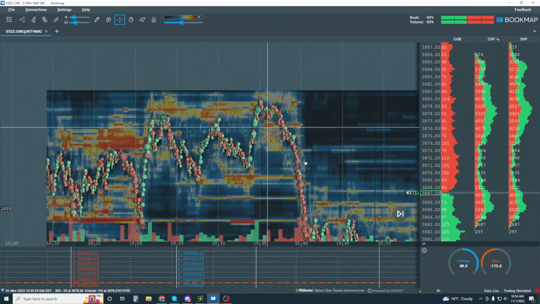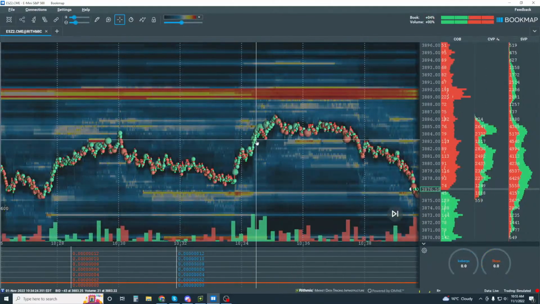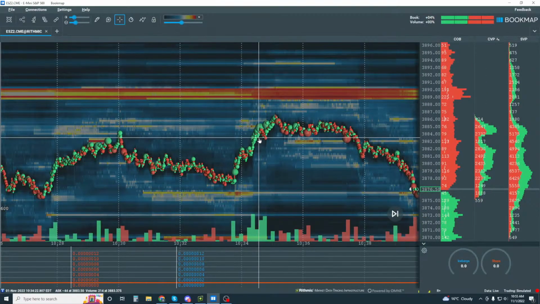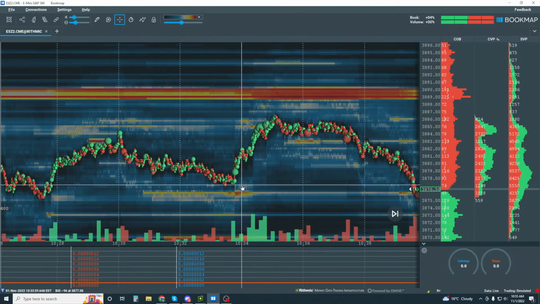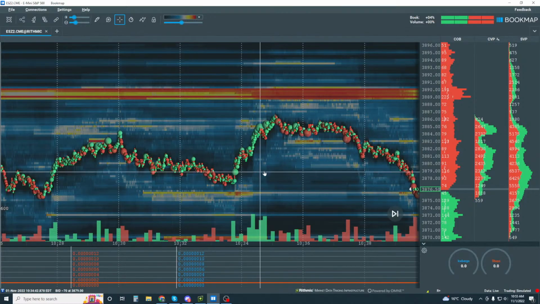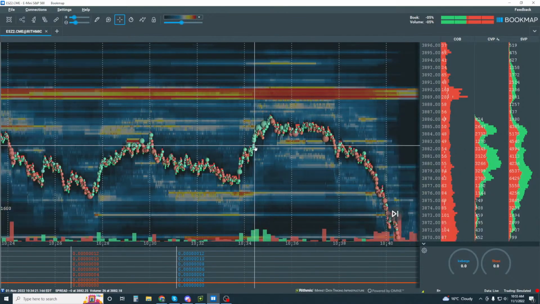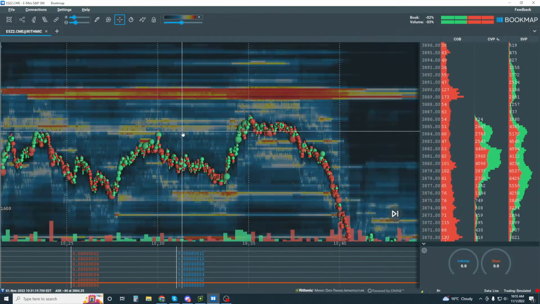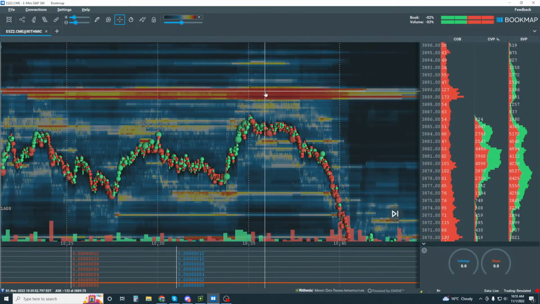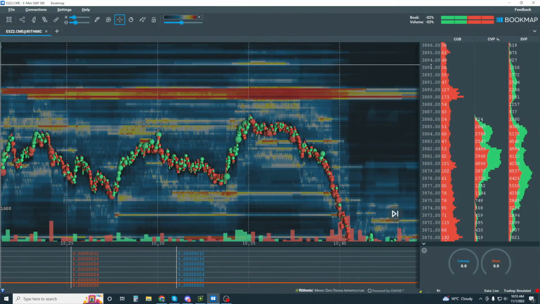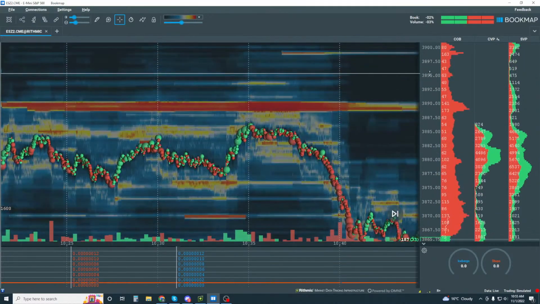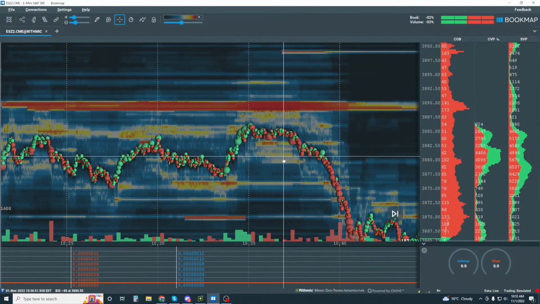This is why we go through the scenarios, the various scenarios in here, and understand how to assess the risk through these scenarios. By going through one and saying, okay, well, we'd be getting in somewhere in here, looking for it to come up to here, take some off, or maybe even at the swing, top of the range, take some off and look for the second leg up to here, or even higher, 3,900 we mentioned.